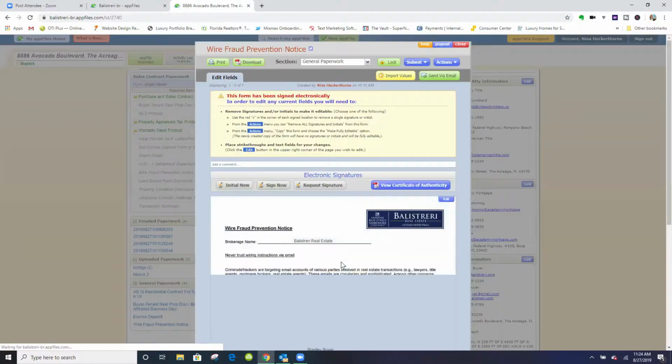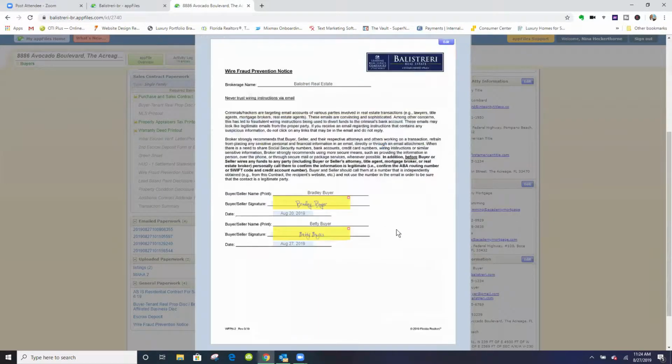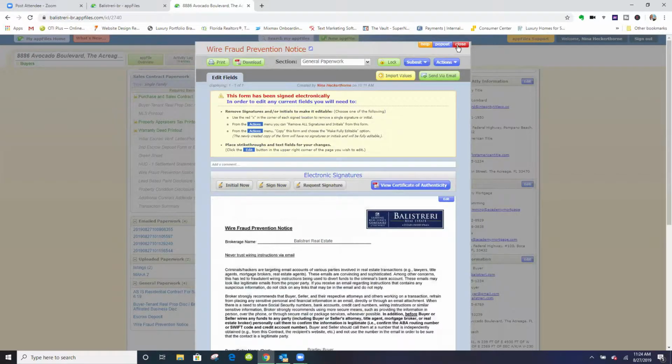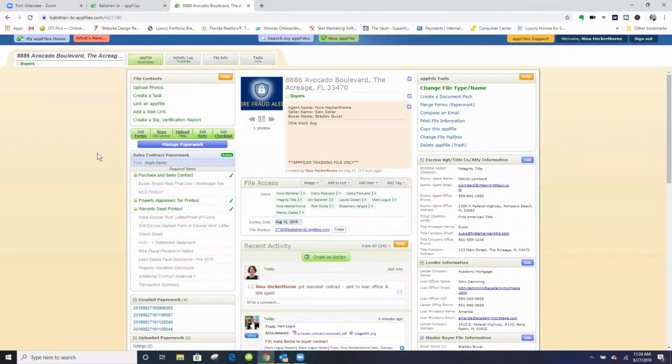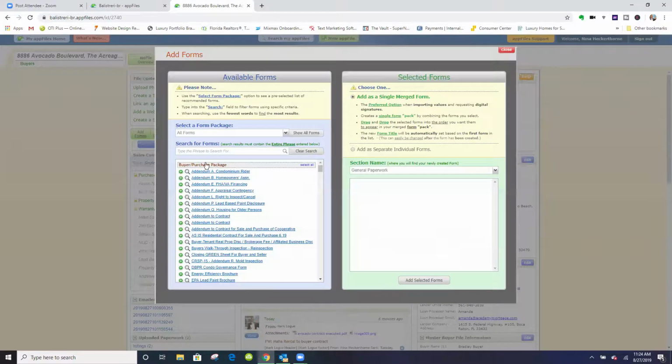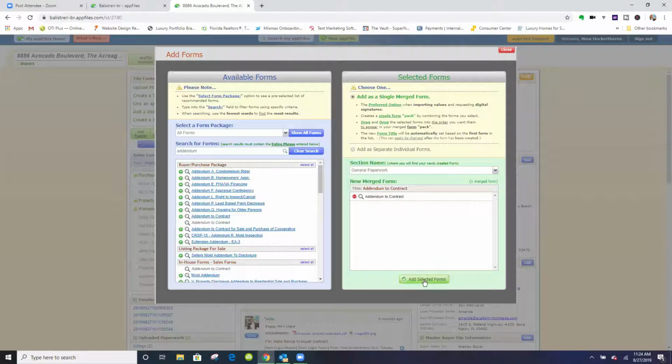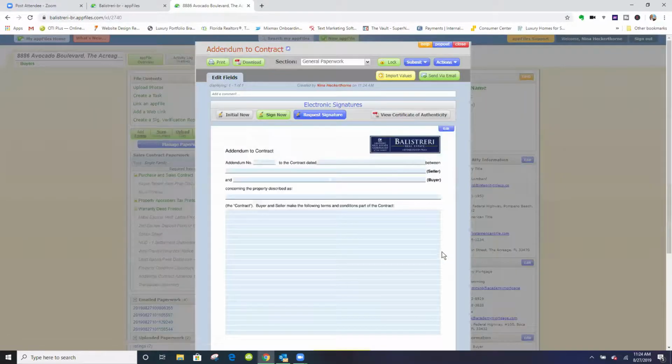We'll use the wire fraud notice. This is actually signed. So we will add a form. Let's do an addendum. All right, and I'm guessing that if you're typing something that is super long